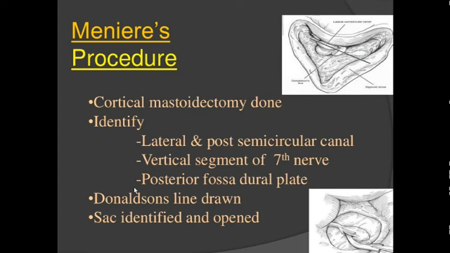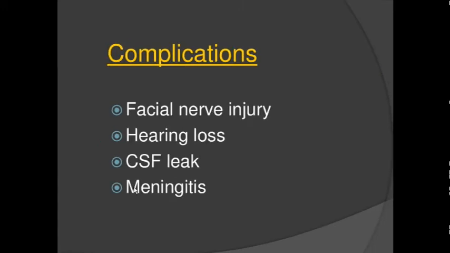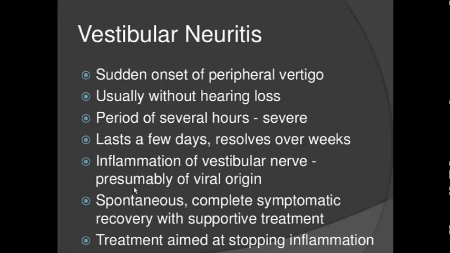The endolymphatic sac will be decompressed, a shunt will be created and fluid will come out. So this is the proper surgery that is being done. Here the advantage is better hearing and the vertigo is also relieved. Whereas in intratympanic injection, whatever hearing is there will all go because you are damaging the cochlea, right? So first we discussed BPPV, second we discussed Meniere's,